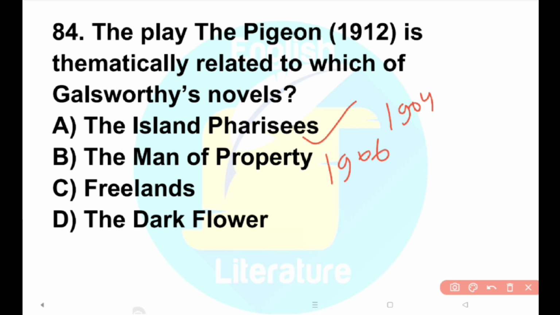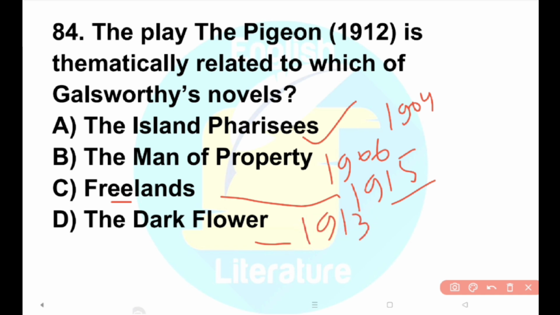Freelands in 1915 addresses land ownership and rural issues, less aligned with The Pigeon's urban compassion theme, and The Dark Flower in 1913 is a love novel exploring love and obsession, not the social commentary central to The Pigeon. Next,